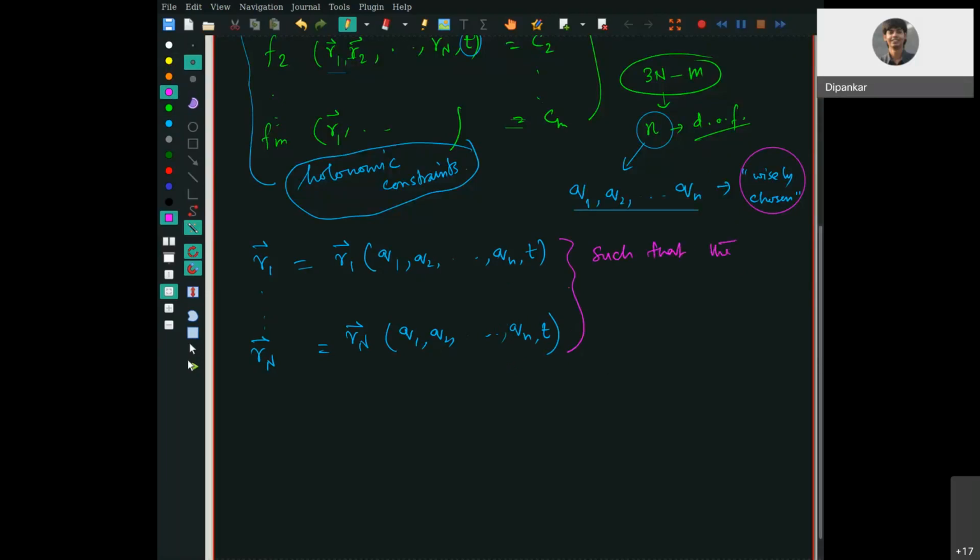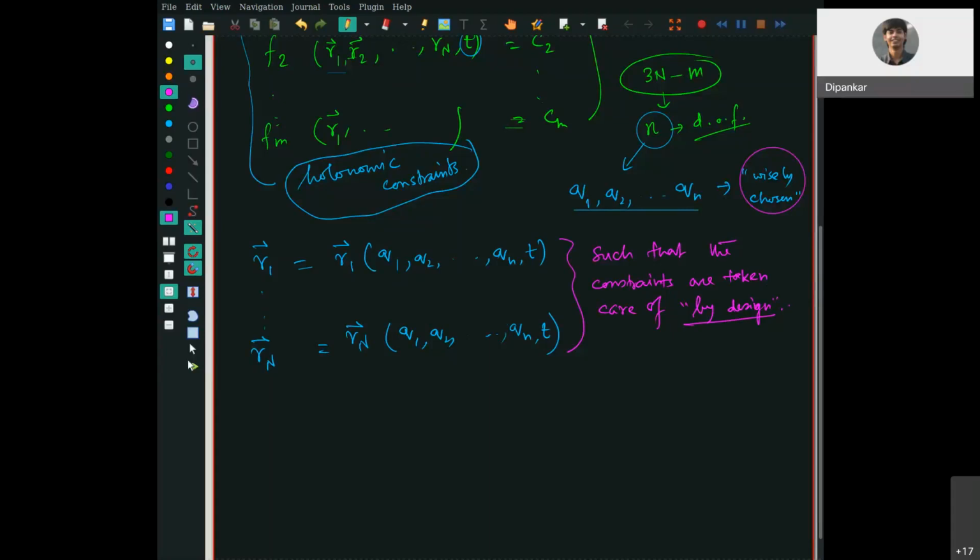the constraints are taken care of by design. So this is very important. I choose Q1, Q2 up to Qn, small n, such that the constraint equations are taken care of by design. I choose Q1, Q2 in such a way that I do not have to think about the constraints